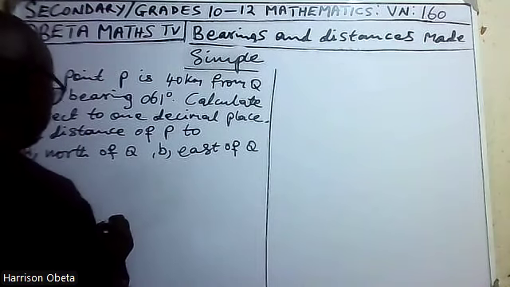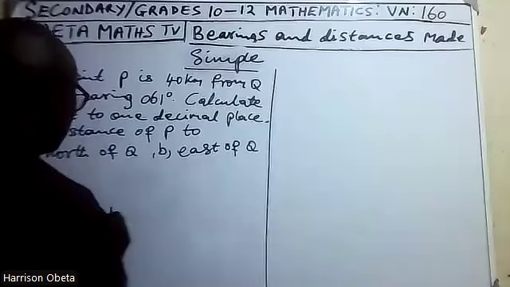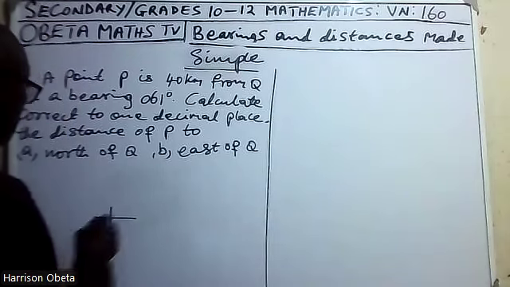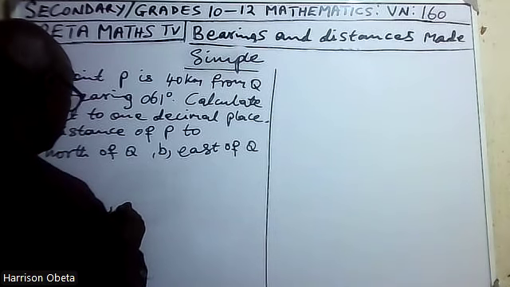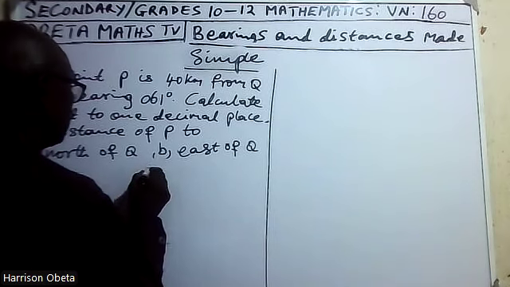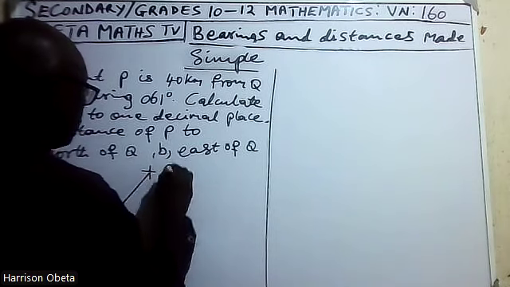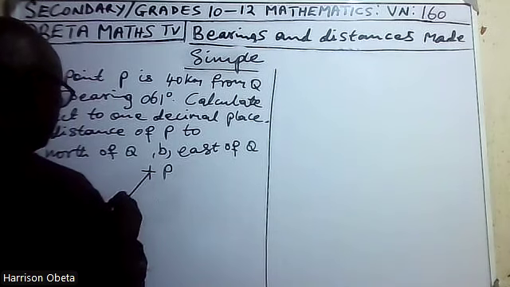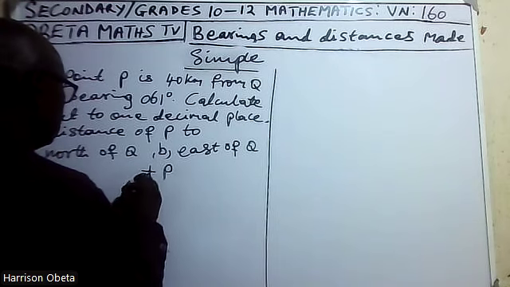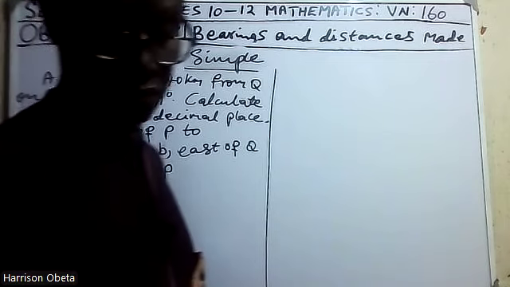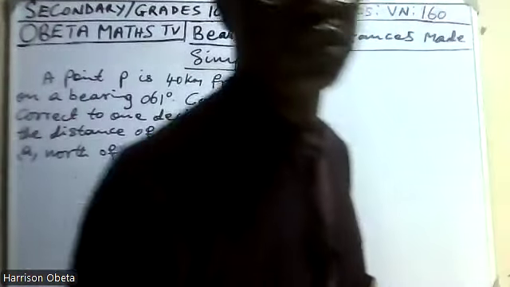So we start. Our starting point is Q. So we have this. This is our P now. And this is 061 degrees, while this is 40 kilometers. So, as we continue,